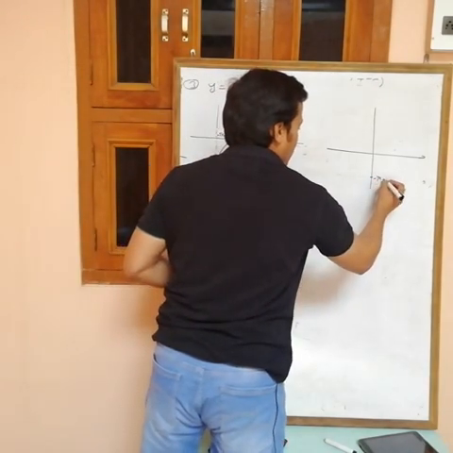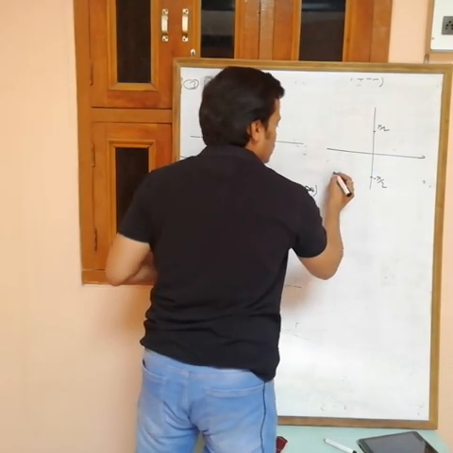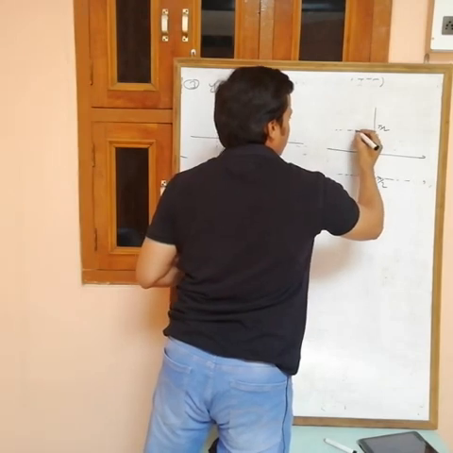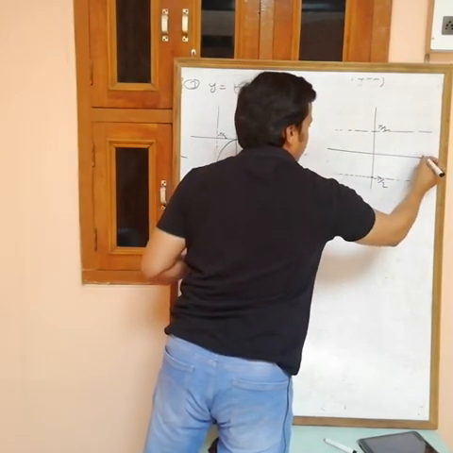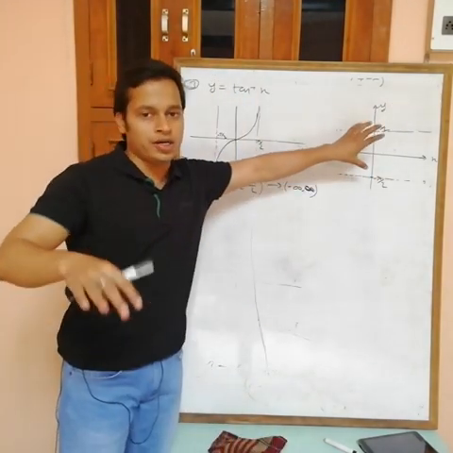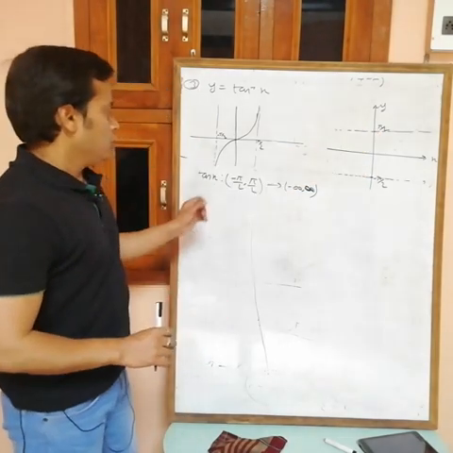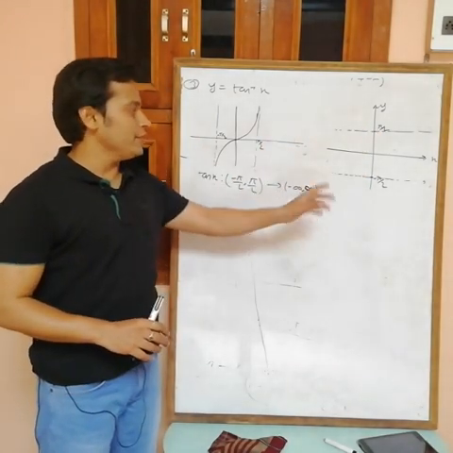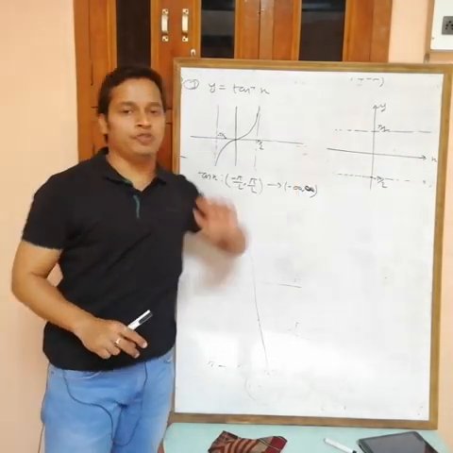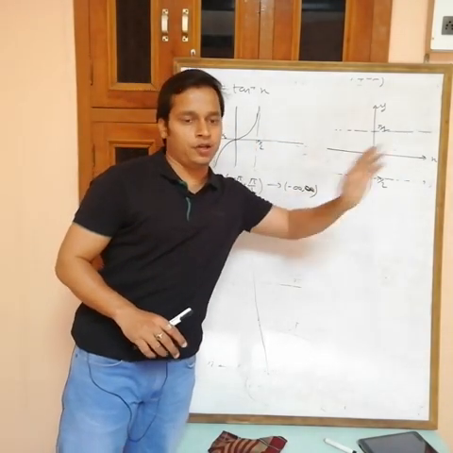Suppose this is minus pi by 2 and this one is plus pi by 2. So I am drawing a line here, minus pi by 2, plus pi by 2. This is the x axis, this is the y axis. So this is the range. It means you can't draw a graph outside this range. The graph lies between these two only. Domain becomes range. Now the range is minus infinity to plus infinity, so the domain is minus infinity to plus infinity. It means there is a graph for complete R.